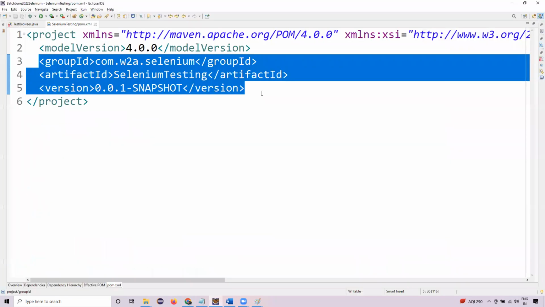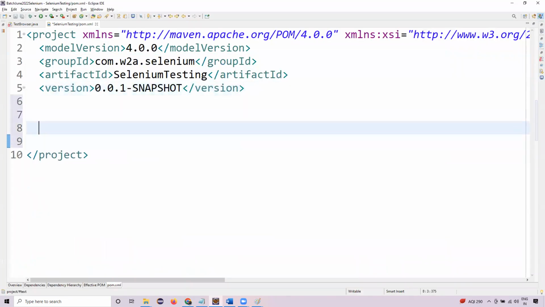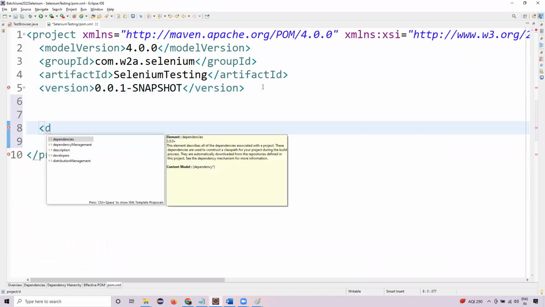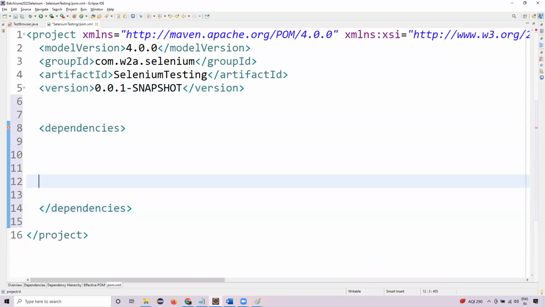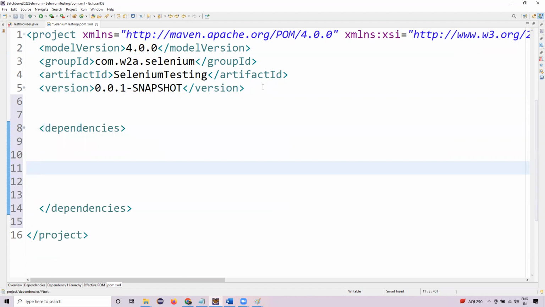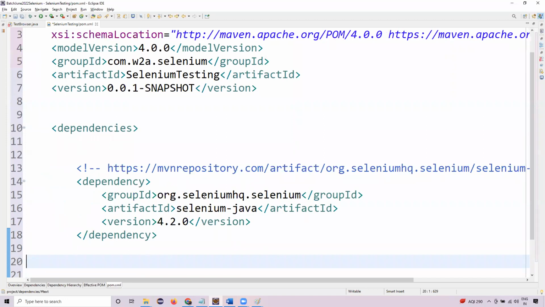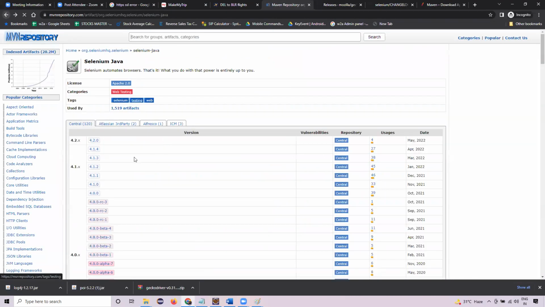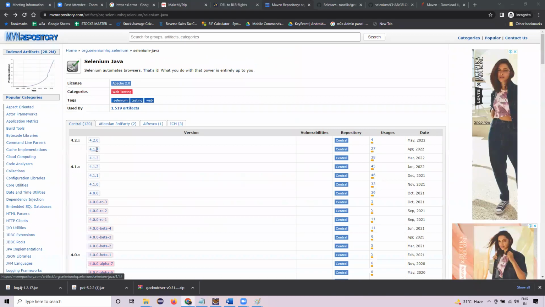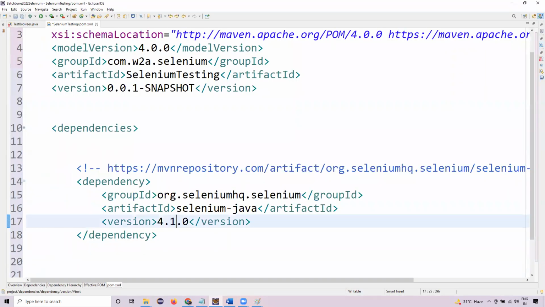What we need to do, we need to add one tag over here. My project is dependent on this dependency. Which dependency? The Selenium dependency. Right? So what I'll do, prior to this version, there were versions like 4.1.4. If I do 4.1.4, I can simply change the version from here. Do Control S. And what you will see,